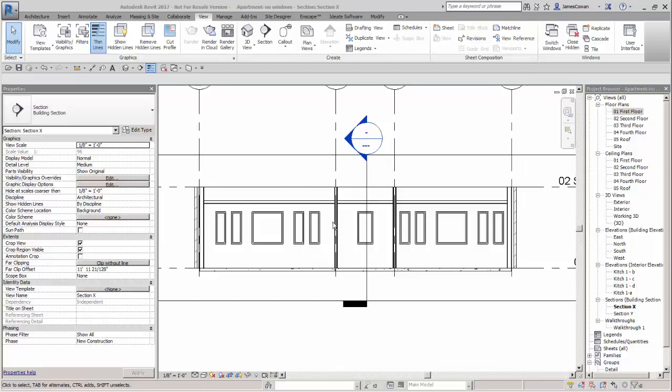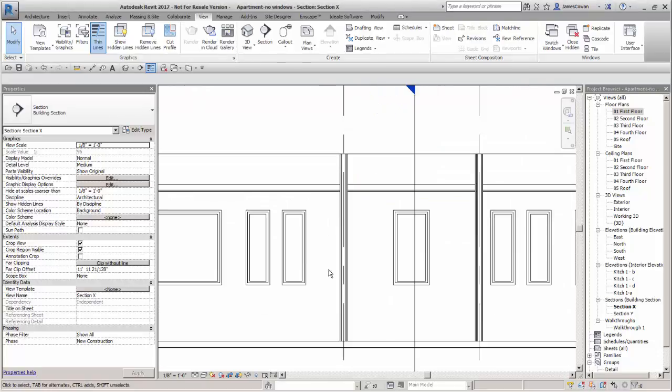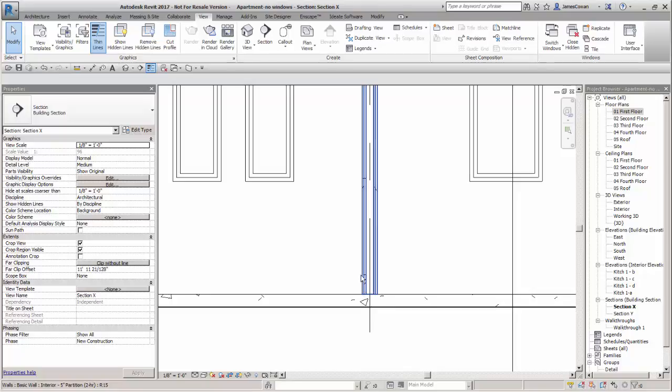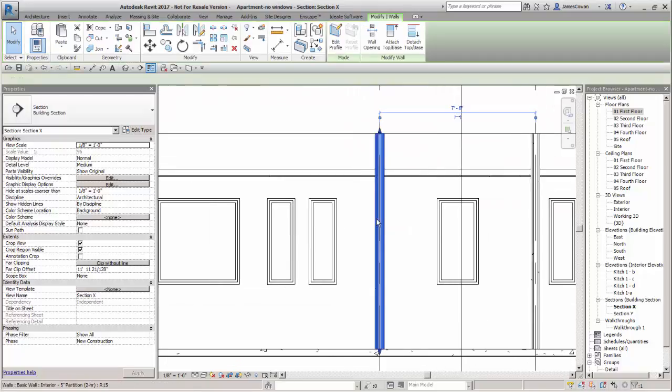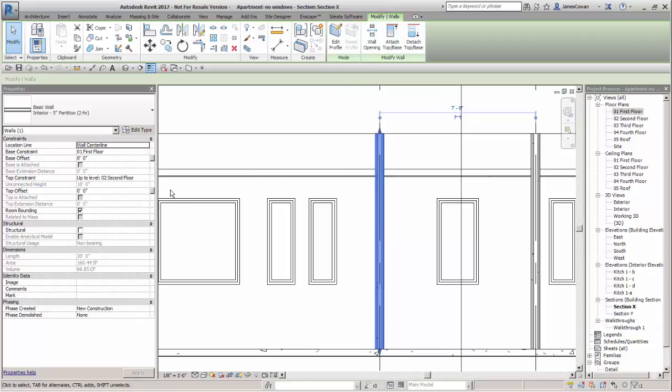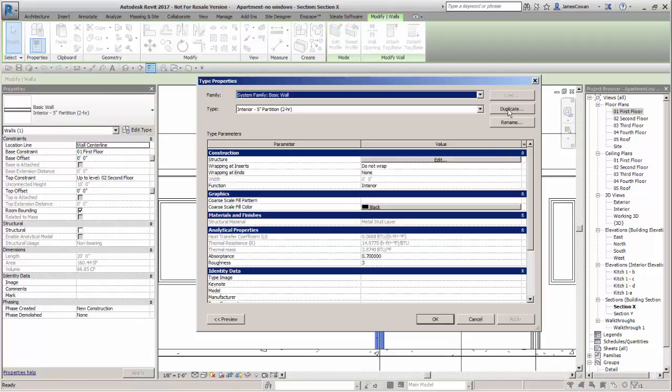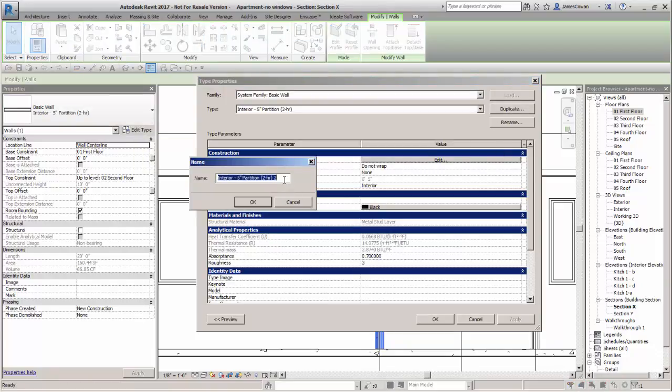We looked very briefly in class time at how we could do things like add a baseboard to the wall or a cornice to the wall. So let me use this as the example. I've got this baseboard interior 5 inch. I'm going to say edit, duplicate, interior 5 inch partition